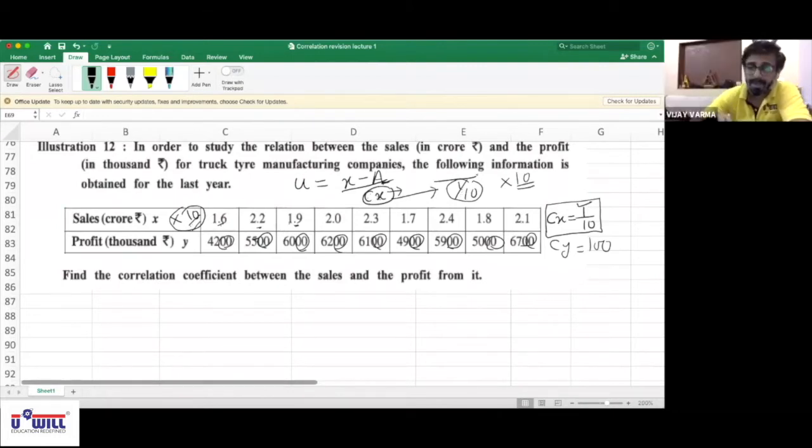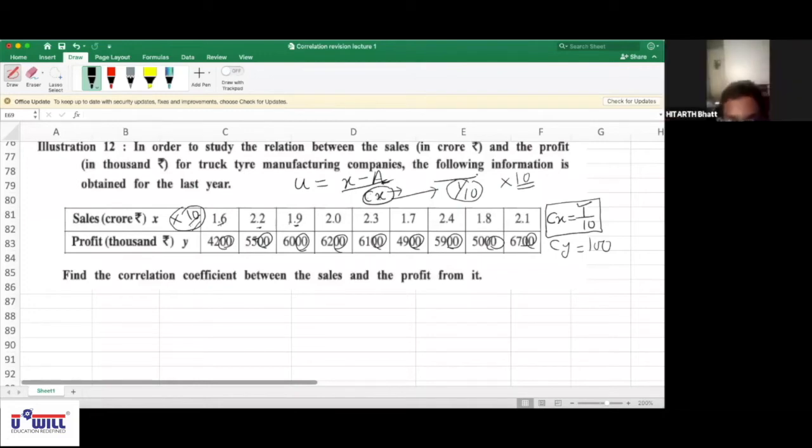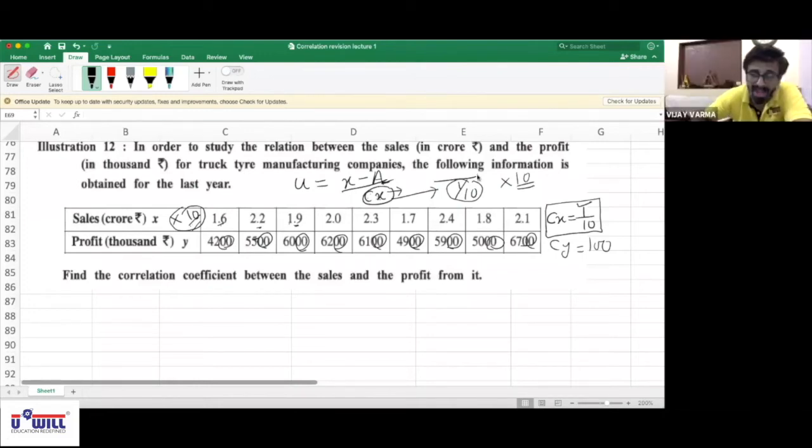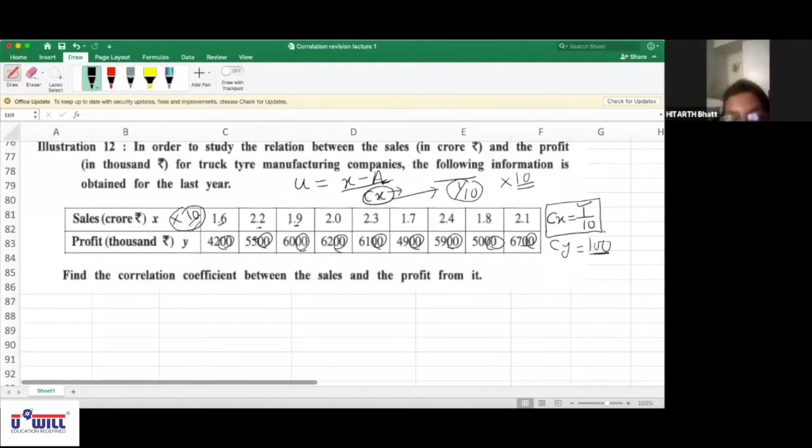Okay. Yes, sir. If you multiply with 5, then Cx is 1 by 5. If you multiply the values of y with 100, then Cy is 1 by 100. If you multiply the value of x with 2, then Cx is 1 by 2. Okay. And in case of y, to remove the two zeros, we are going to divide by 100. We are going to divide by 100, so Cy is directly 100. Yes, sir. Got it? Mute yourself.